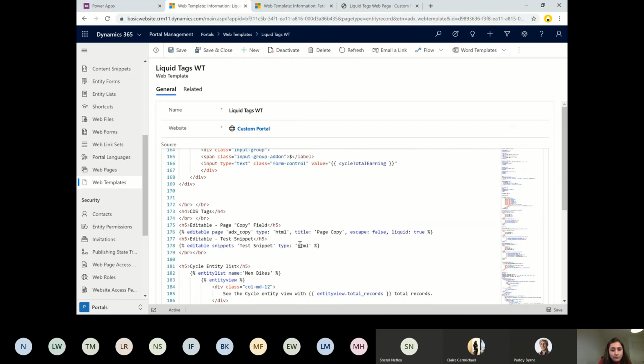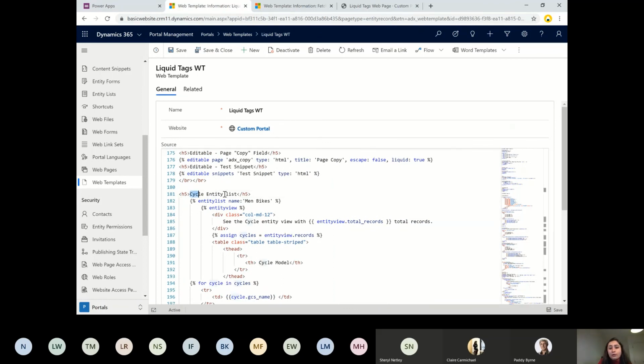And just one more important thing which I would like to show: how to add the entity list and entity form using the code. The syntax is you need to give the entity list name here, the entity list name and the entity view, which view we are going to use. So we are giving the view name here as well. So you see that we are looping through the entity list and view. It's just similar syntax.